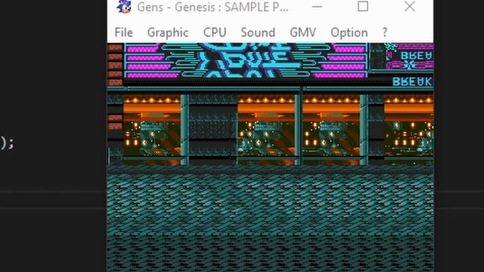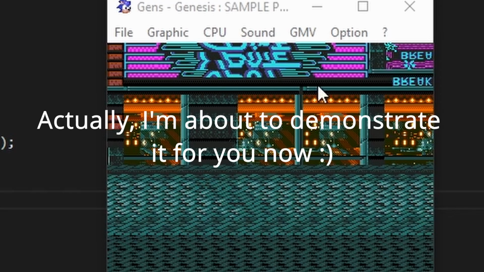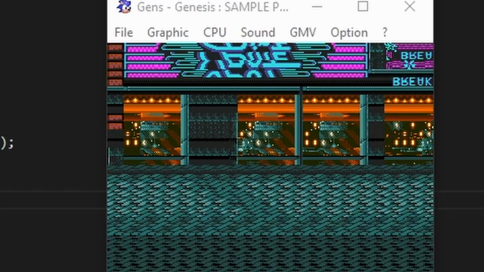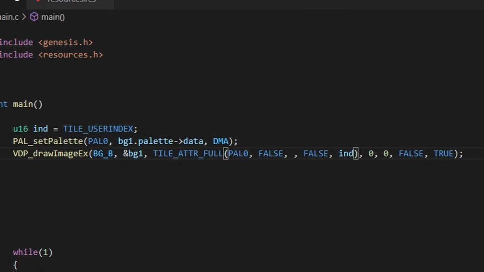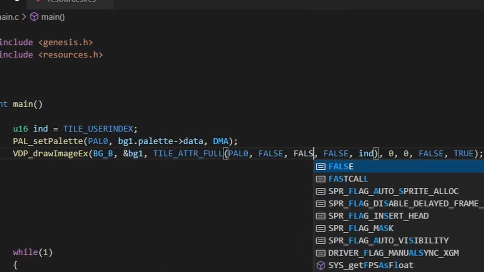This has made every tile in the background flip vertically. I'll let you experiment with the flip horizontally yourself. You can set that to true if you want and see how it turns out, but you can probably guess what it's going to do. In this particular context, flipping the background tiles vertically or horizontally isn't really very useful, but it will be useful